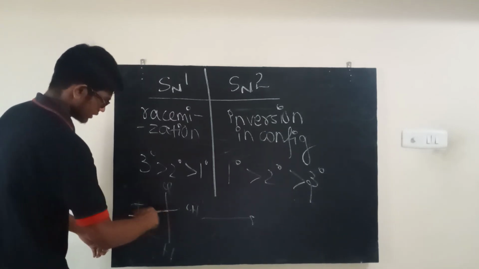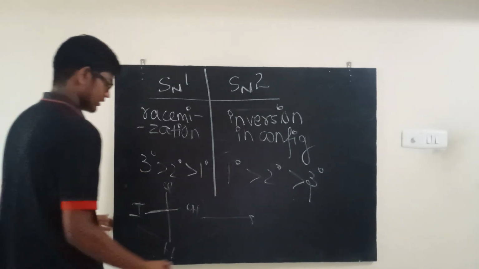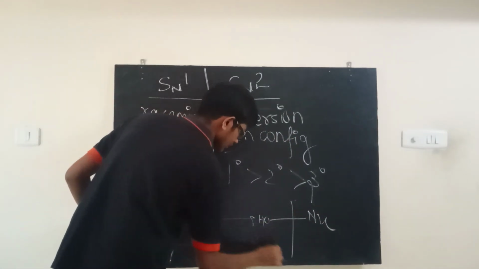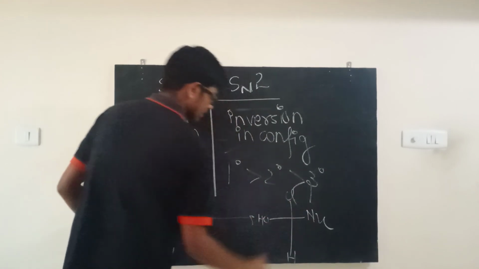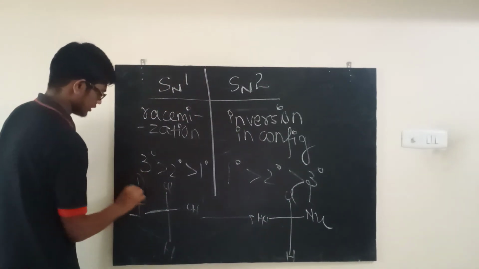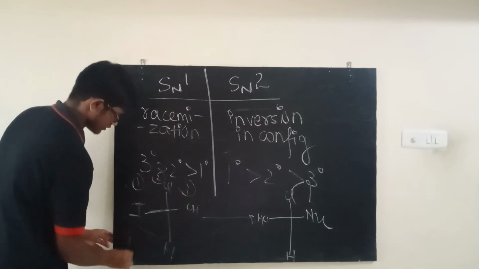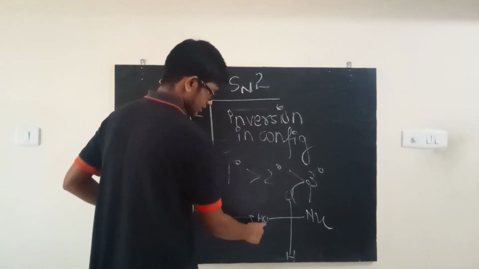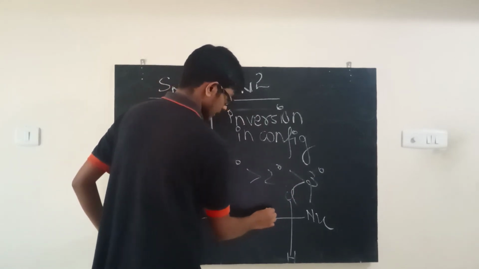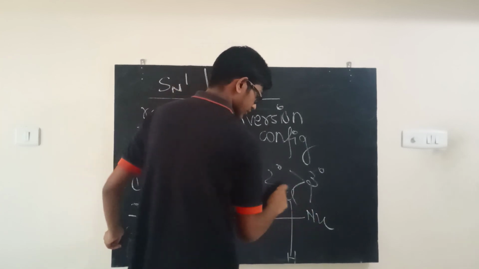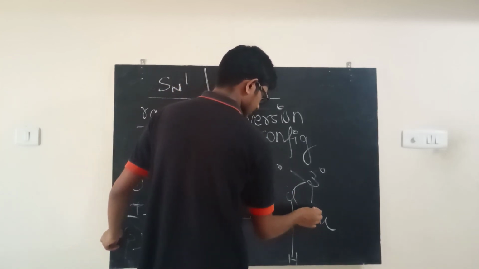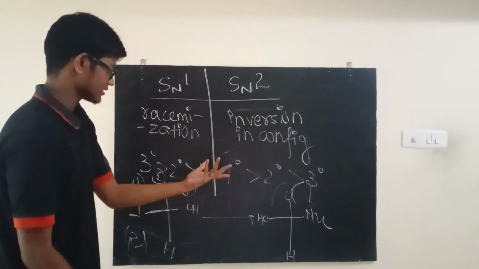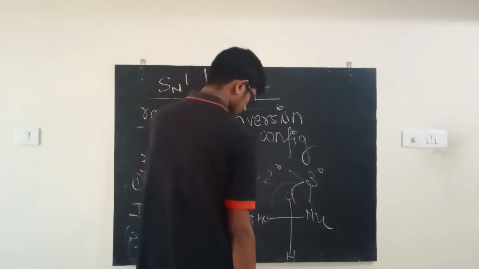So now what will happen? See, the nucleophile attacks from here, right? So you're going to get something like this. The nucleophile OH will come to this side, with the hydrogen and the chlorine. So this was 1, 2, 3, and this was R. So you can see that chlorine has more priority than oxygen, right? So it's going to be higher than this one. So if the nucleophile has more priority than chlorine, then you're going to have something like this. If the nucleophile has less priority than chlorine, it's going to be something like this. So you can just say the nucleophile is some random nucleophile which has more priority than chlorine, and it's going to work.